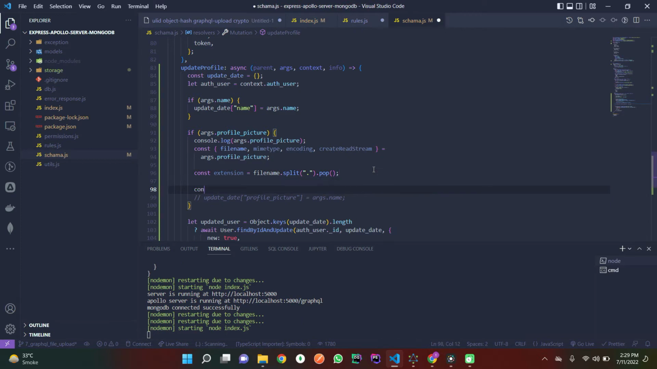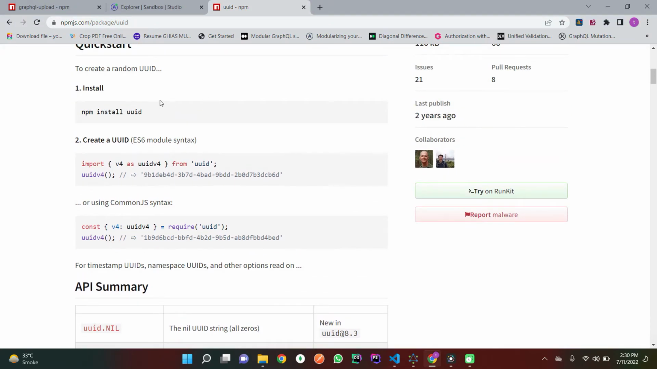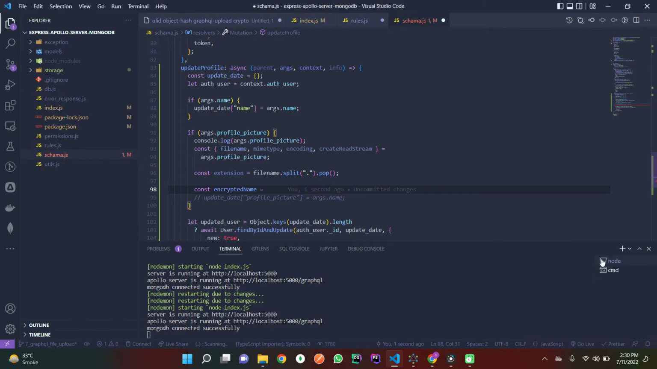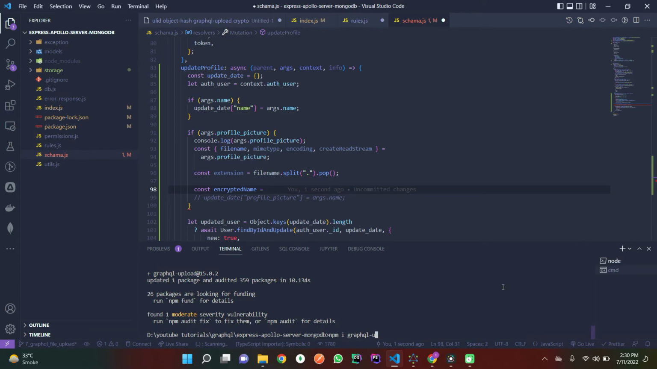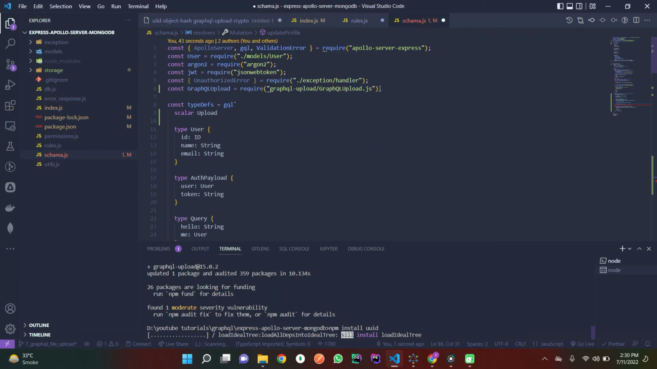So and const encrypted name, I am going to call this encrypted name. So how am I going to generate this name? I am going to generate using the crypto package, or so here is the documentation for UUID. I am going to install this package. Okay, install, and while it is installing, I am going to require this package over there,